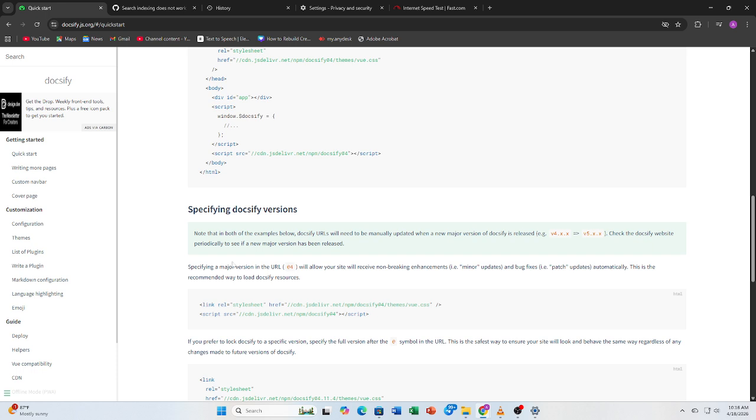So yeah, those are the best ways to fix Docsify not loading issues. Follow each step carefully and your site should load